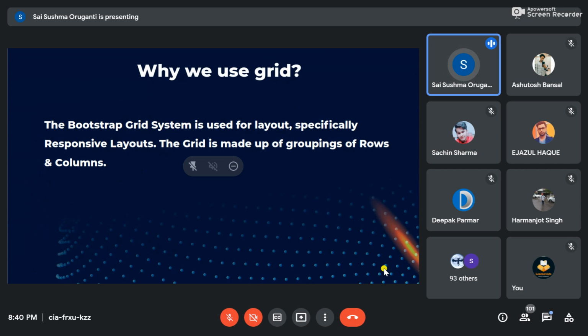For suppose you take 3 images, and you have to arrange the 3 images in the same row. A row is nothing but the horizontal line, and the column is nothing but the vertical line. So in the same row you have to arrange the 3 images, so you have to use grid. By using grid or flex, by using Bootstrap, it will be easy to arrange all the 3 images with equal spacing between the images. There will be equal spacing, so it makes it easier.